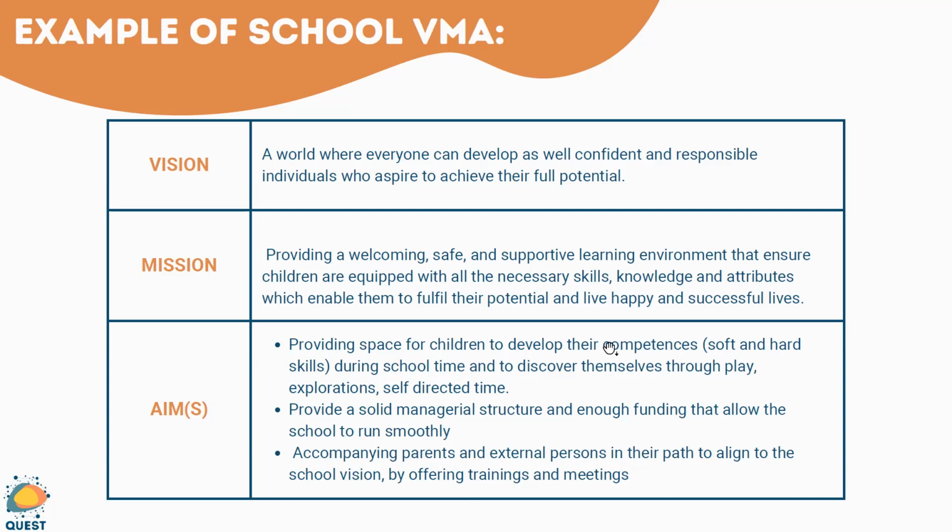If we have 3 aims here, for instance, we see that we need to have 3 different circles. One is the pedagogical circle that responds to the first aim. The second one is more the supporting administrative circle. And the third one is a circle that creates training for parents. So this structure would have a mission circle, a general circle, and 3 operational circles.